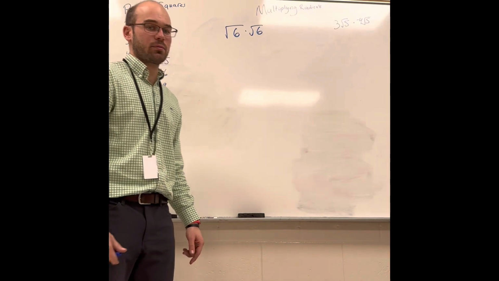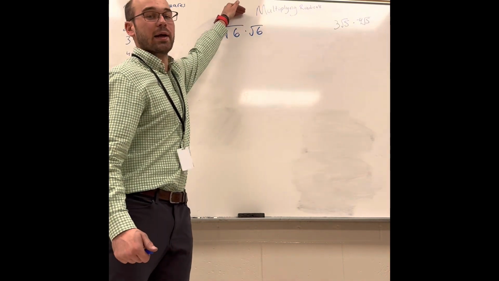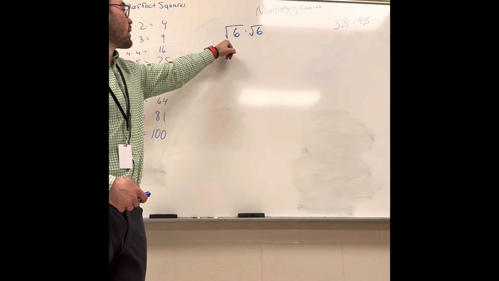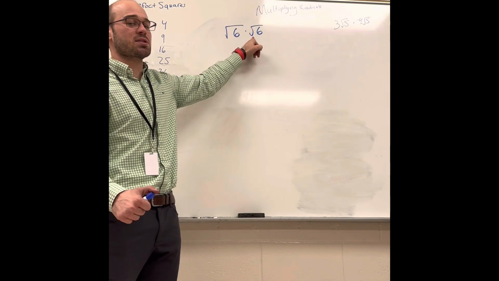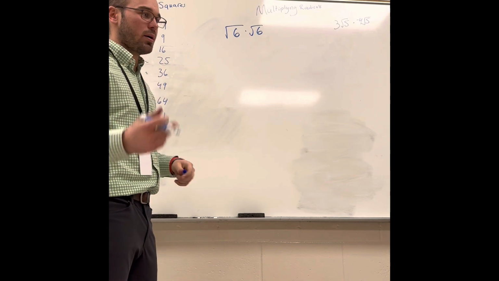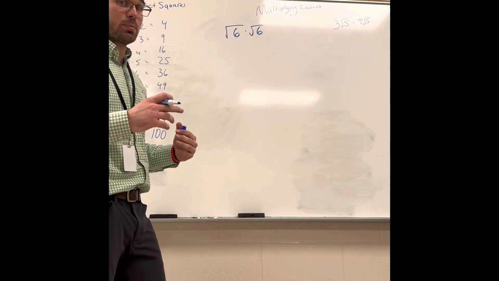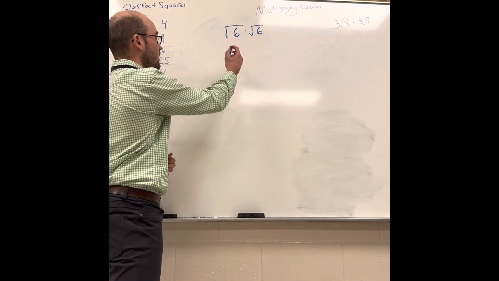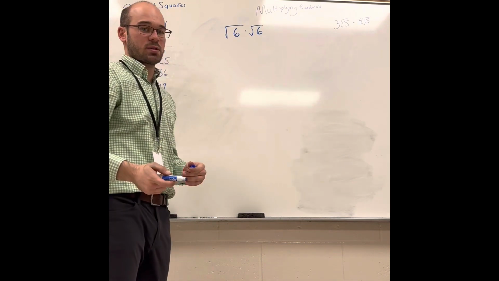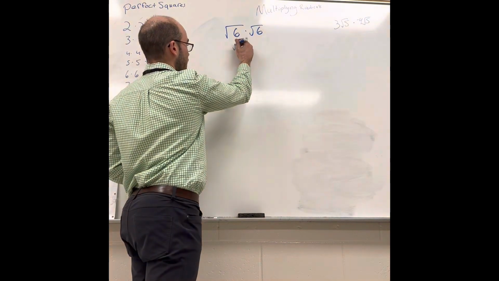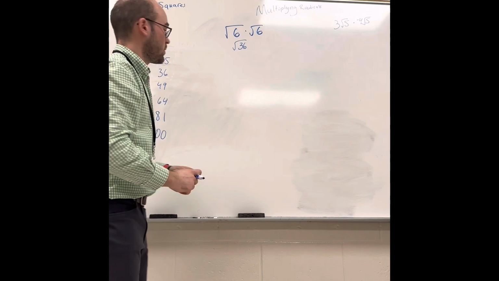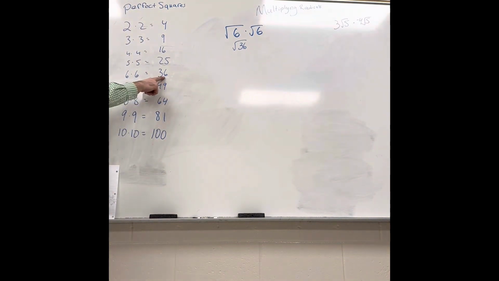Our next topic in radicals, multiplying radicals. So first example, we got root 6 times root 6. I think we kind of remember the idea from our last two topics, simplifying and adding, subtracting. If I were to multiply root 6 times root 6, wouldn't I get root 36? I know root 36 is a perfect square,